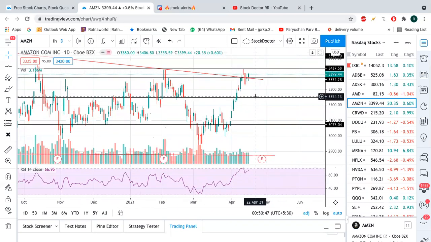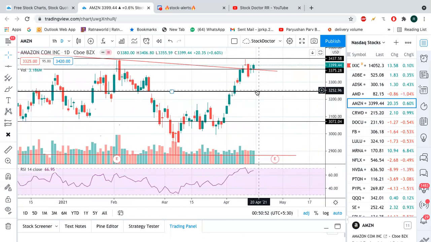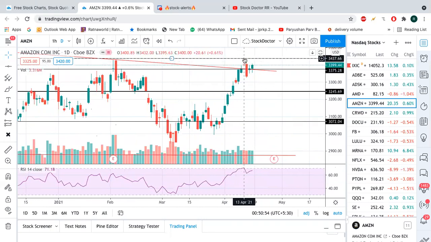It has broken the trend line resistance, but if you see here, it has created a gravestone doji pattern followed by a red candle, which is nothing but the perfect example of the evening star. Now, when you see the evening star here, an uptrend followed by an evening star and RSI also high,